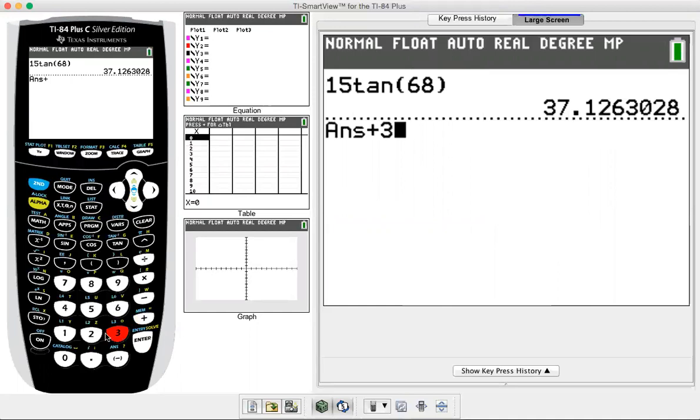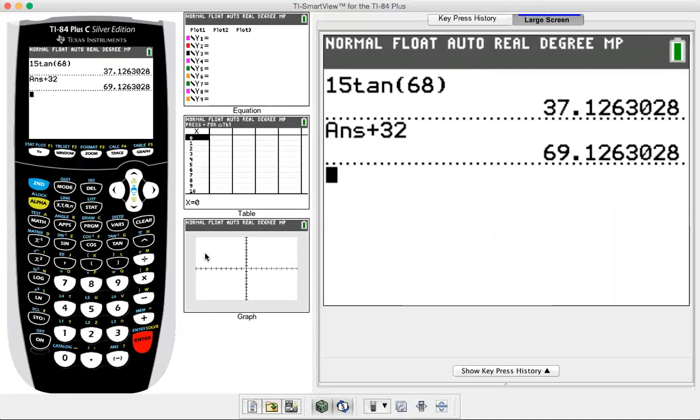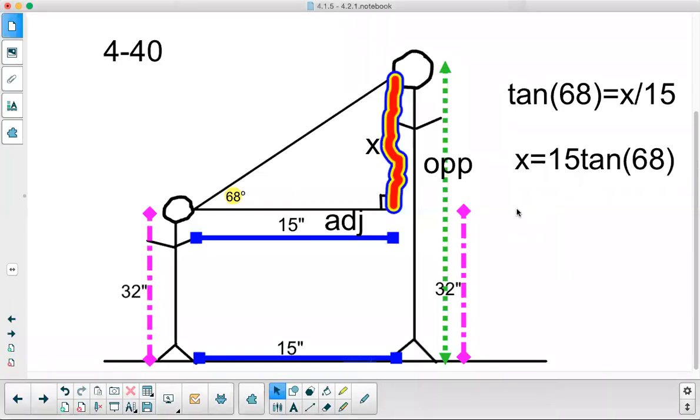And then I'm going to add the 32 inches to that. So it's about 69.13 inches here. Okay. So this total distance now that I just found,